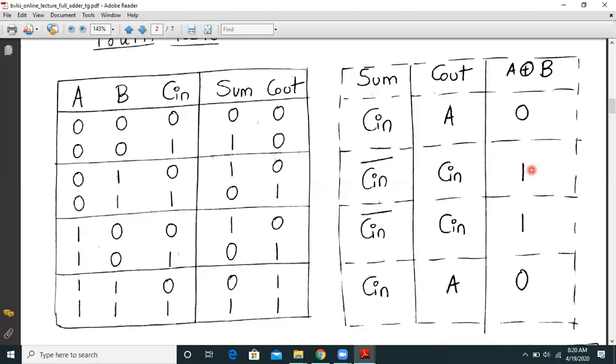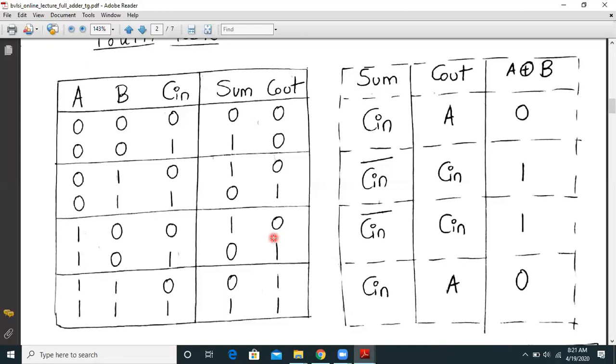Now let us check this next condition. A is 1 and B is 0. In these two conditions, Cin is going from 0 to 1 and sum is going from 1 to 0. So basically sum is going opposite to what Cin is changing from, and Cout is changing same as Cin.